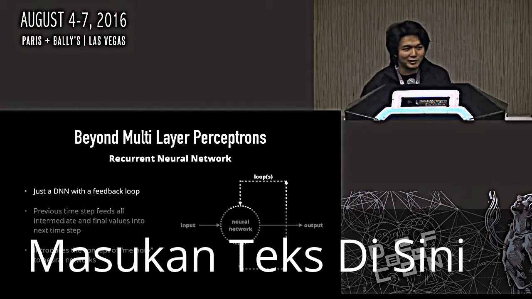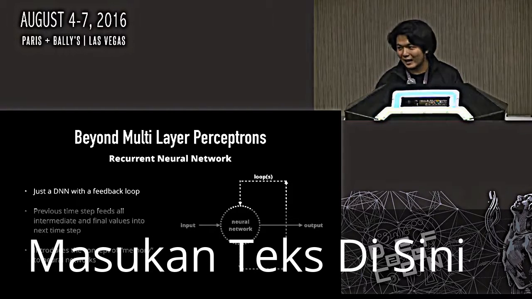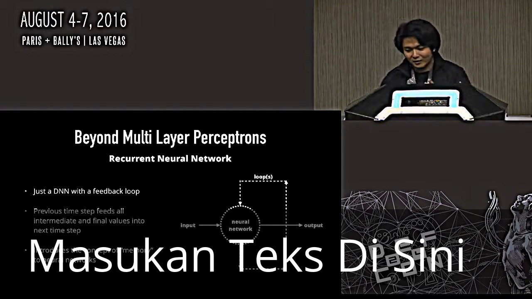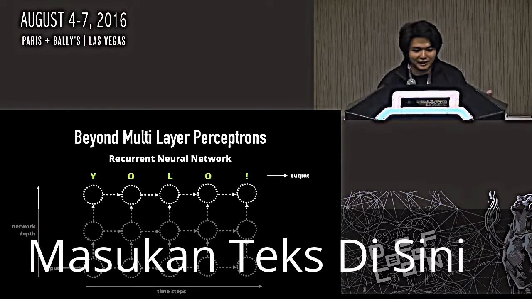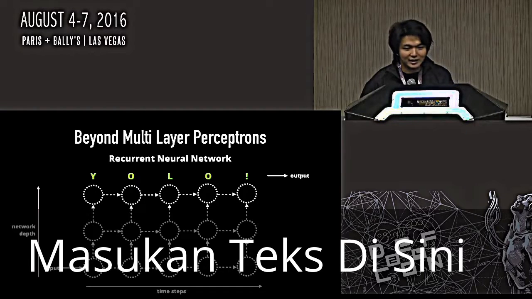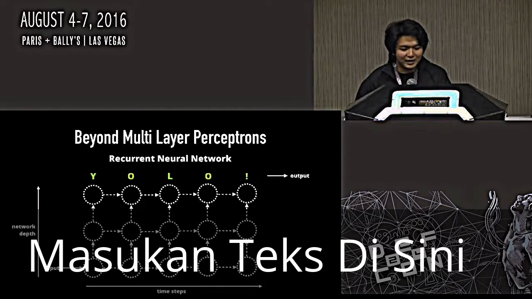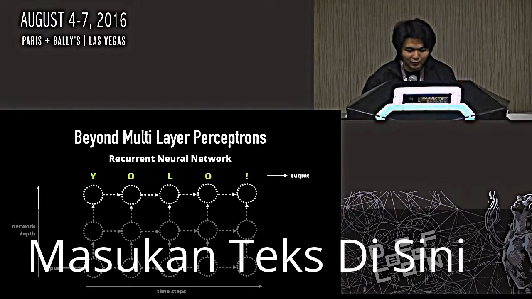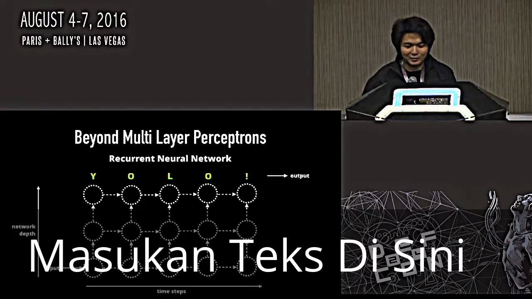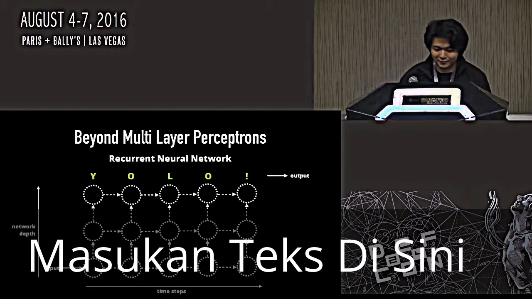And memory is important because when you learn things, you don't necessarily learn things one frame at a time. That'll be really weird. This allows you to learn things like music, audio or video, which have some kind of relationship between frames and relationship between inputs. And this is an example of a generative recurrent neural network. You can teach a network to spell words. In this case, if you see that you already have the letters Y-O-L, then O is likely to be the next letter because of the memory of the network having Y-O-L in its buffer.